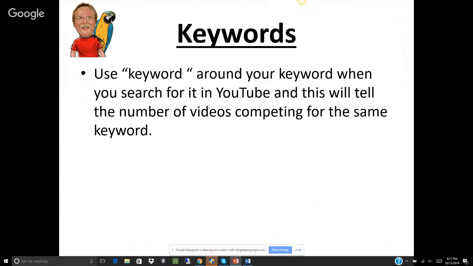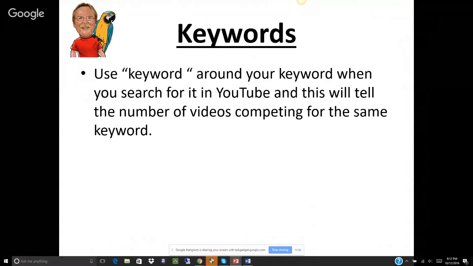So as I say, we want to use a keyword which is around the keyword when you search for it in YouTube. YouTube is a search engine and operates on search, which is completely different to the videos that we produce for the likes of Facebook, because there it's just topical. It's going to be in your news feed for a day or so, and then it's going to be basically lost. But what we do by producing videos for YouTube is that we find out first what people are looking for, which is basically the problems that they're trying to solve, and then we produce a video around that keyword that they're searching for. So that way it's basically evergreen, because your video is always going to be there.